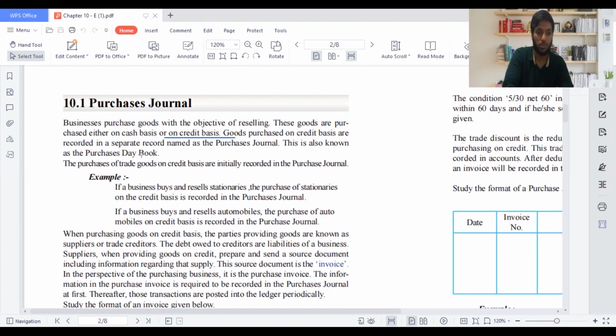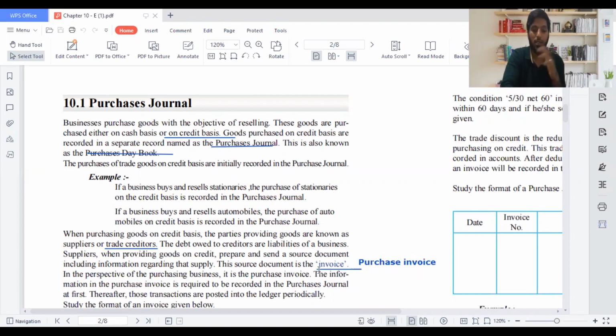So this is the purchase journal, or we can also call it the purchase daybook. Whatever I underline, do the same in your textbook. The person who gives the goods on credit is known as a trade creditor. And the document we get to make the purchase journal is the invoice. We shouldn't just say invoice, we should say purchase invoice. Here you can write it in your textbook as purchase invoice. So we record it as a purchase invoice.